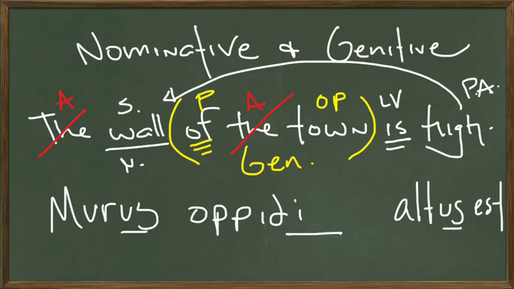The wall of the town is high. As you can see, the endings are very important to the meaning of the sentence. And there you have it, from English to Latin. The wall of the town is